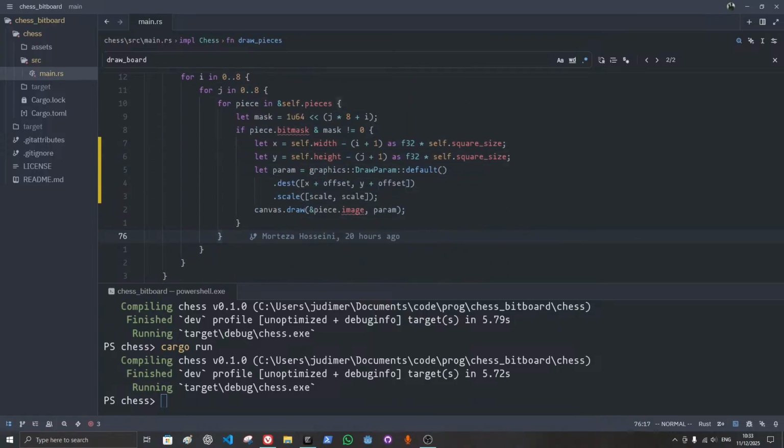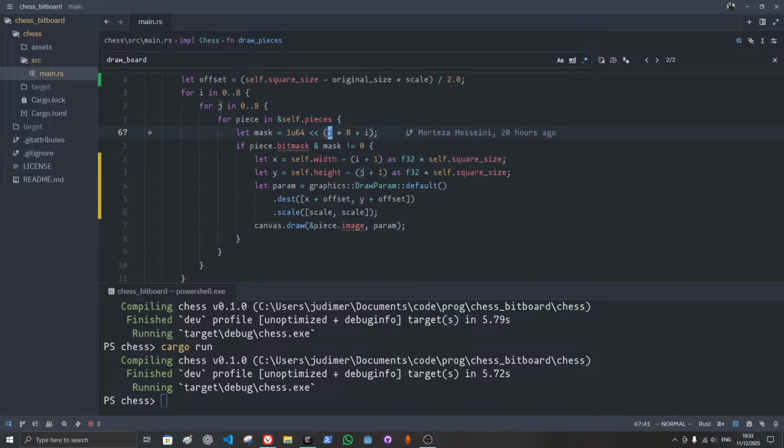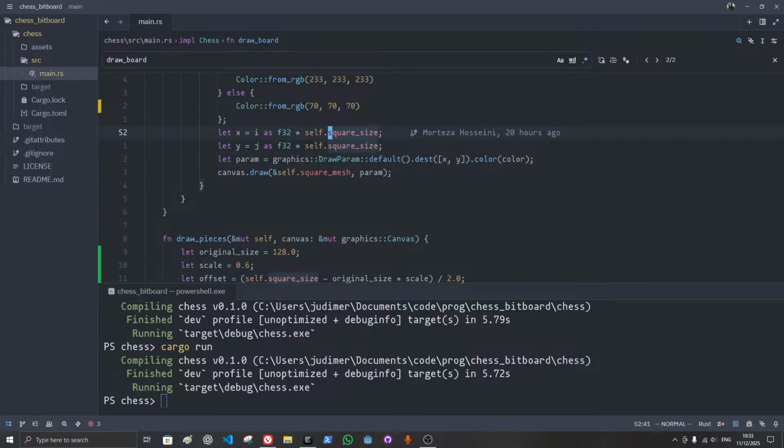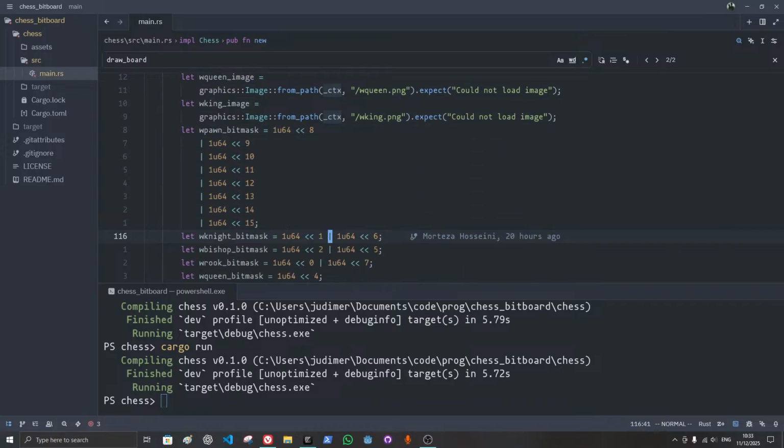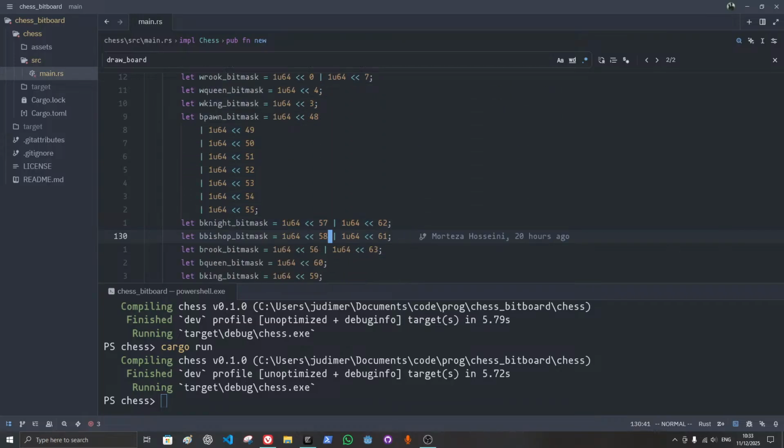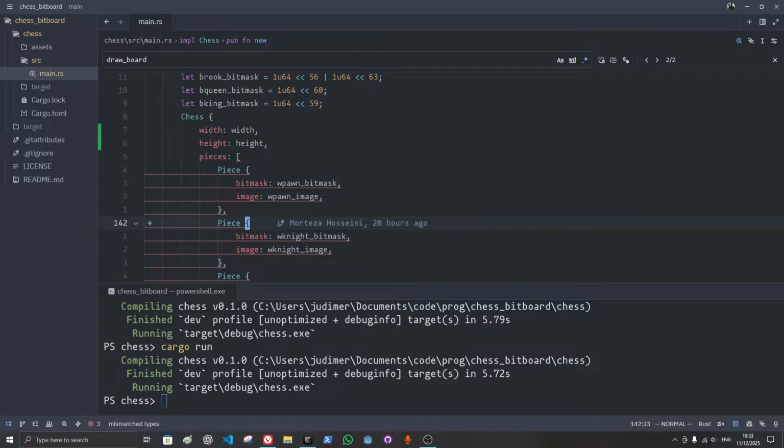There. Okay. Now here we have the bit masks. So pieces would be